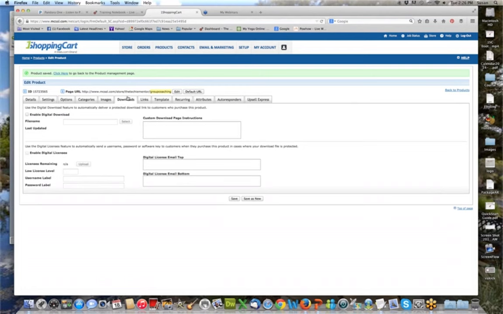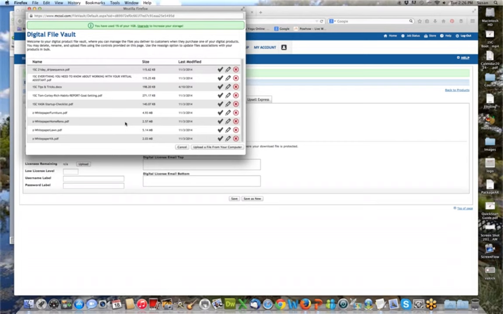Okay, downloads. So downloads, this is if it's truly a digital download, which means if you purchase it, it's going to allow you to download it. And how this works is you would simply tick Enable Digital Download. Now remember, the file that you're downloading has to be part of the digital vault, which we did under Setup, okay? So you would actually have to go through here and hit Select, and it will bring up the digital